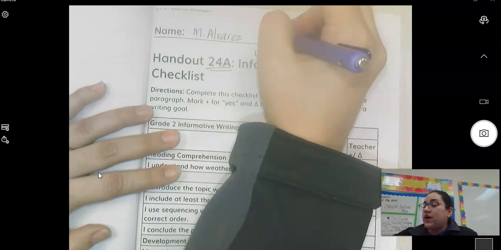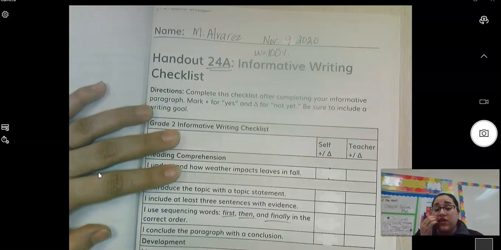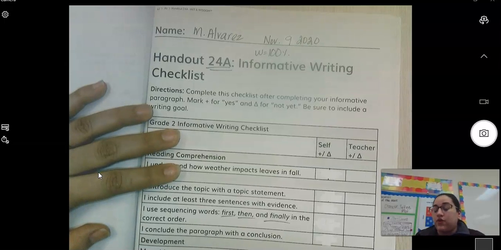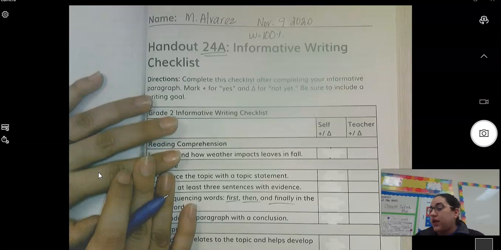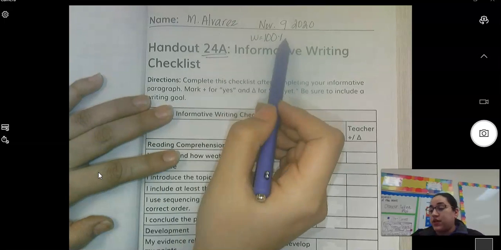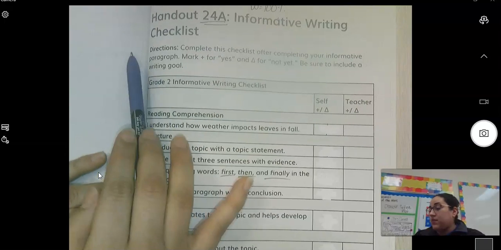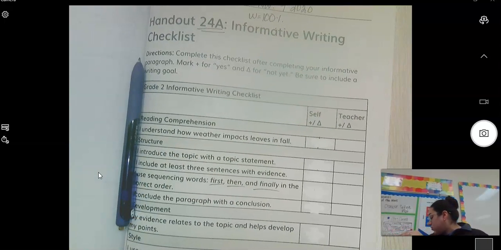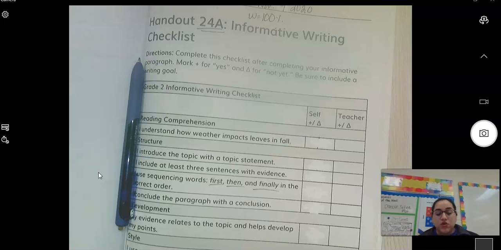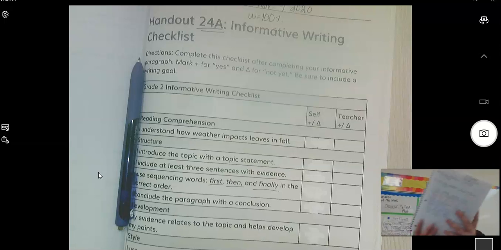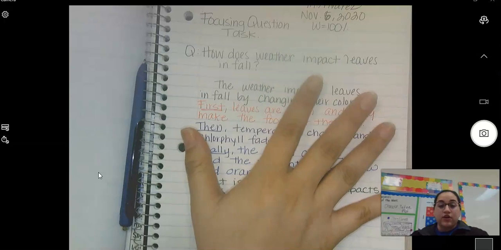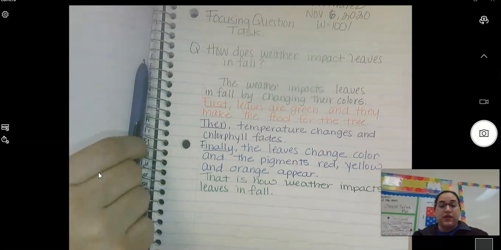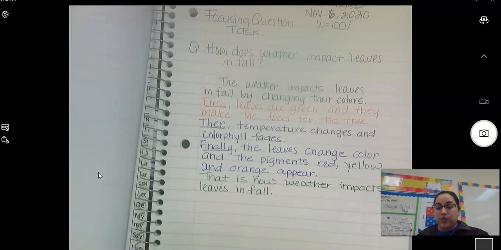Make sure that you do have idea 56 and 57. This is very important for us to do every single time that we have a new assignment to do. So write your name, date, and goal. At this time, I'm also going to ask you to get your informative paragraph out. We wrote it in our response journal, so make sure that you get your informative paragraph out, because you're going to need to look at your informative paragraph, and then you're going to be looking at your blue workbook. I'm going to give you 10 seconds to get your informative paragraph out from your response journal.